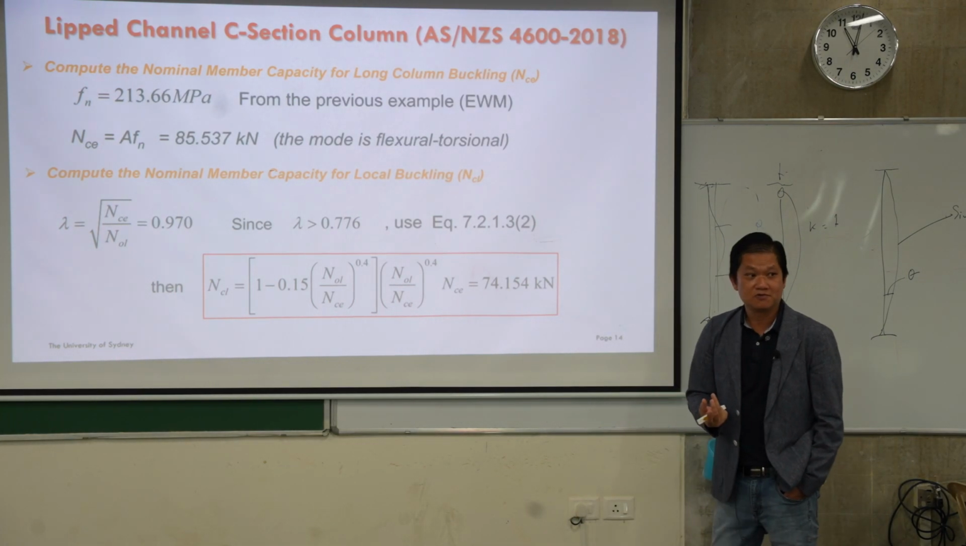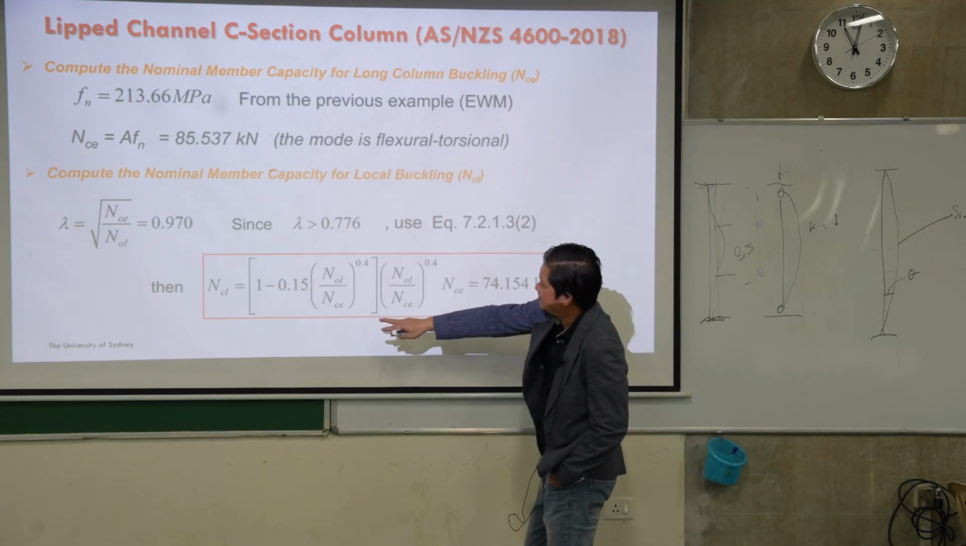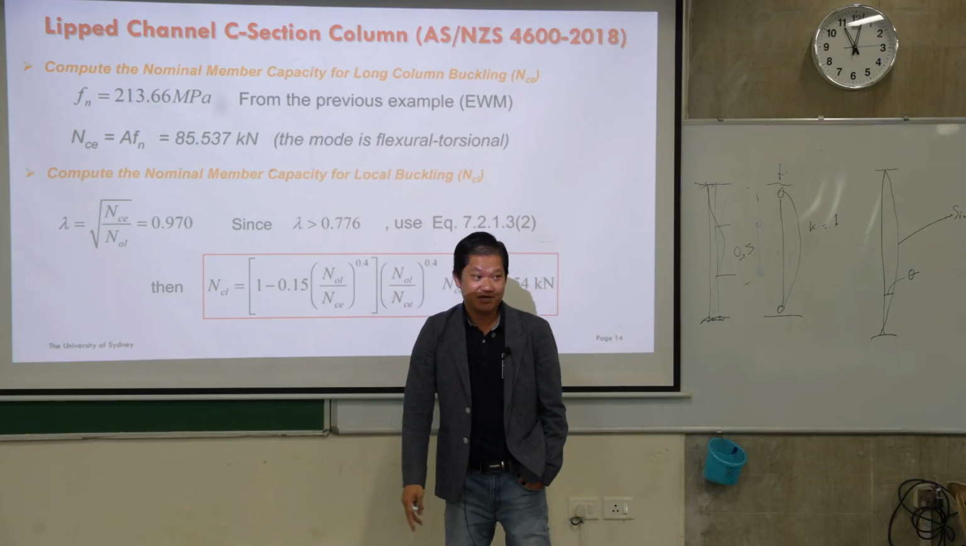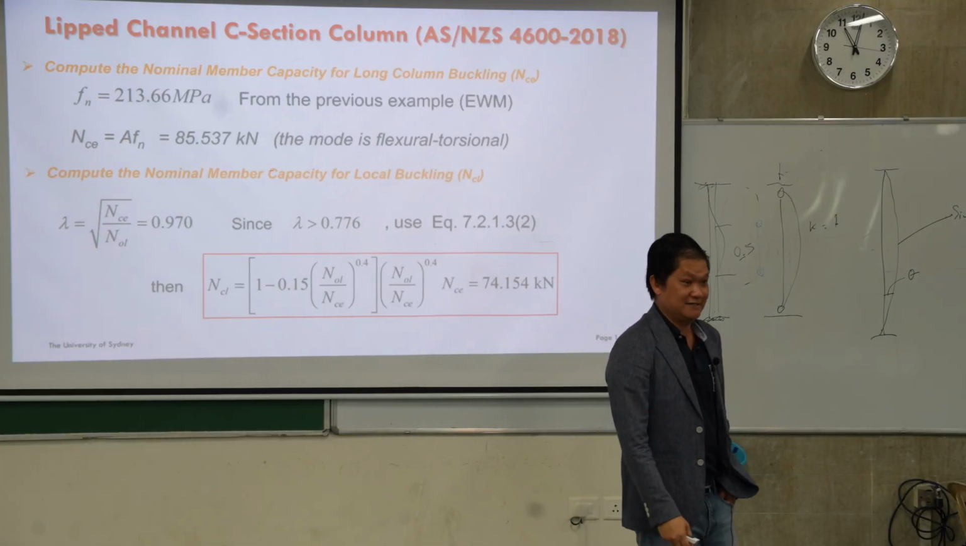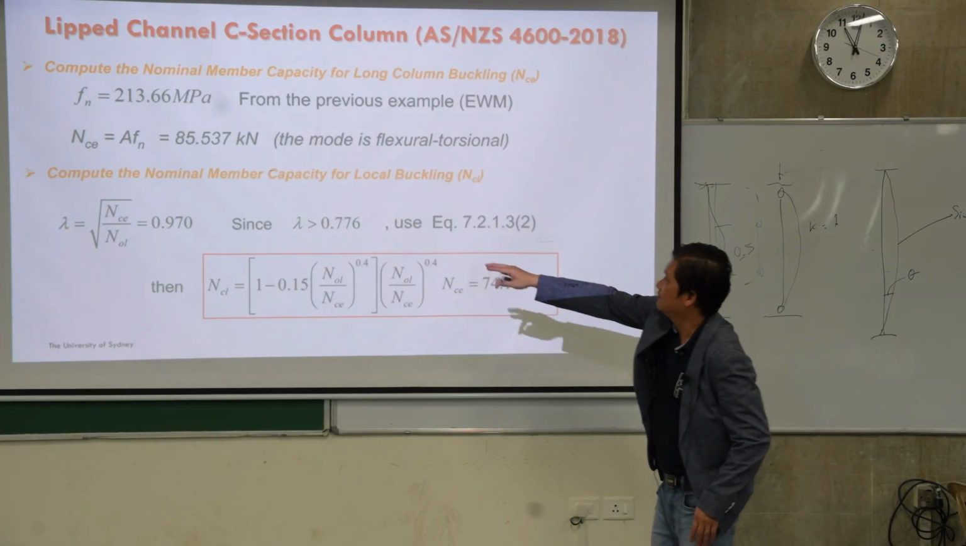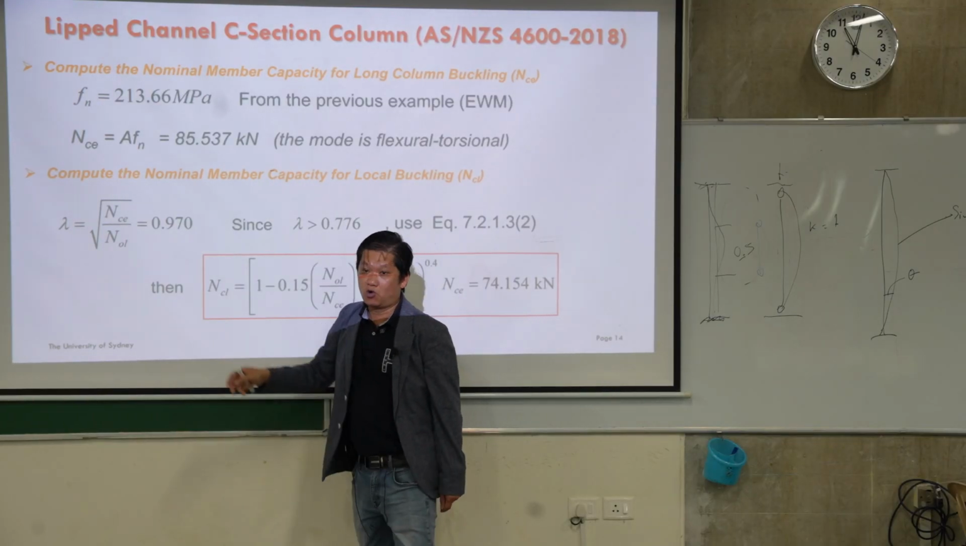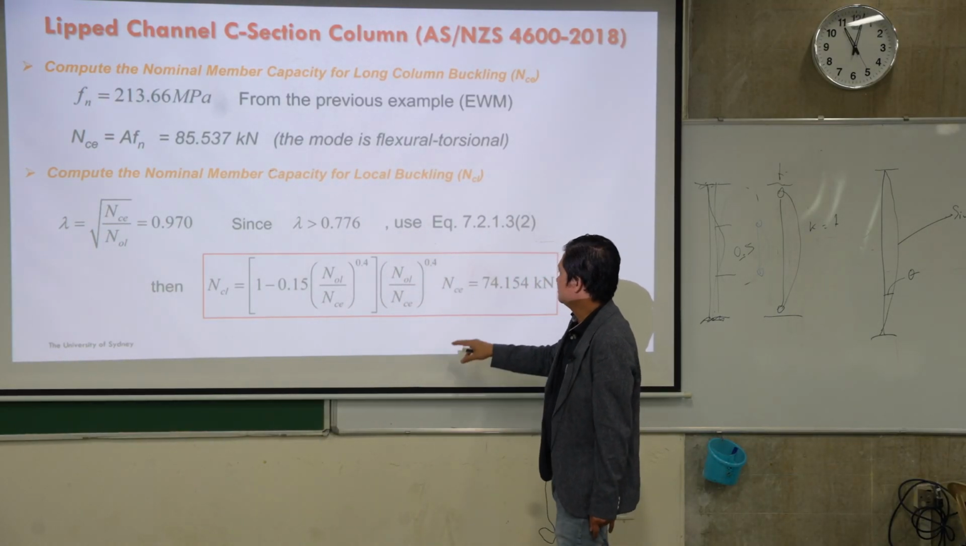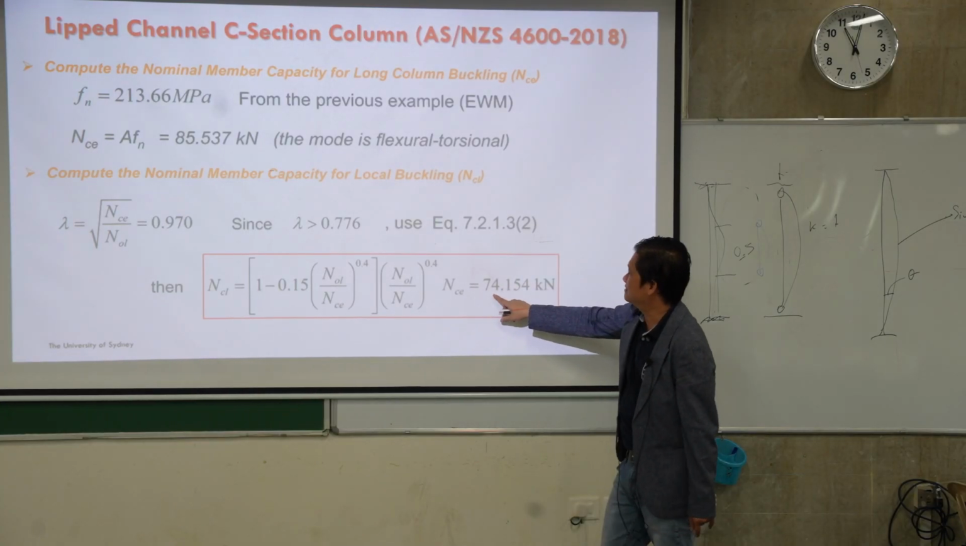Any questions? Good. You can see that we're using Nce here. We don't use Ny because we take into account the interaction between the global and the local buckling. Okay? Got it. So the strength now is